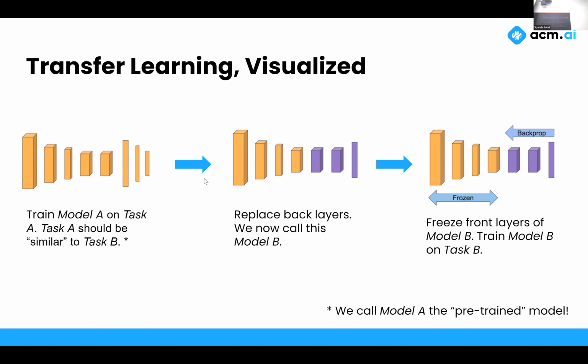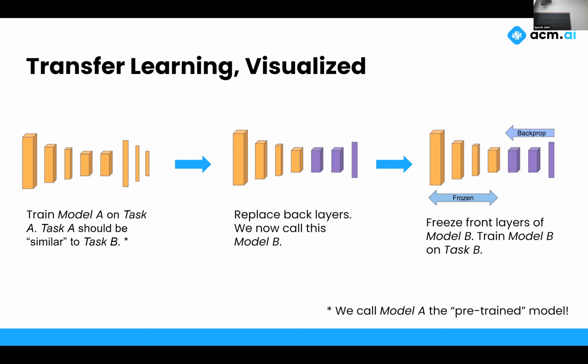So this is a visualization of what's going on here. This is the initial model, the one that we're going to be borrowing. And you can see that all of these are layers that have been trained. So what we'll do is we'll just scrap the last three, because the last three are typically going to handle more specialized functions. And what we want is just the general knowledge that the model has. So we'll scrap these last three layers, add on some of our own layers,